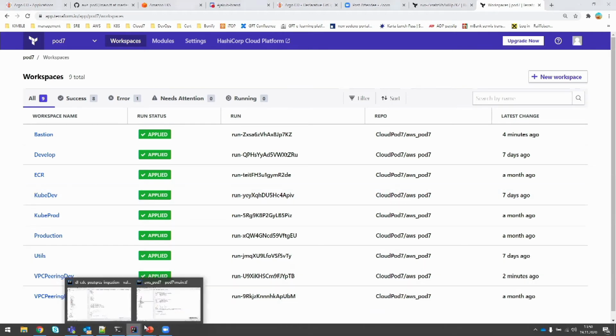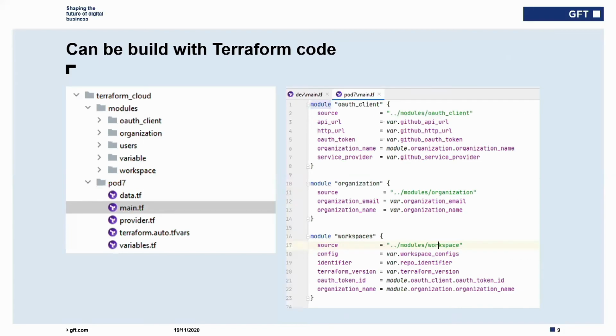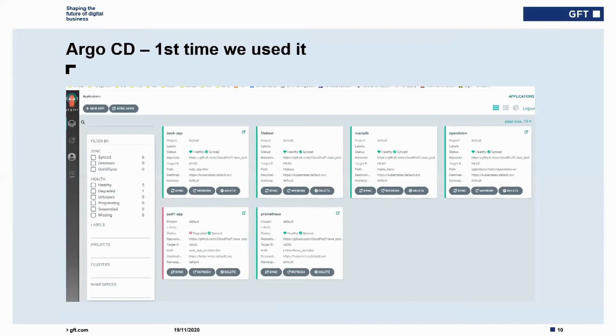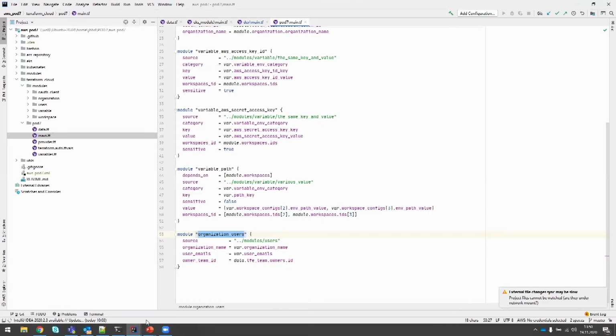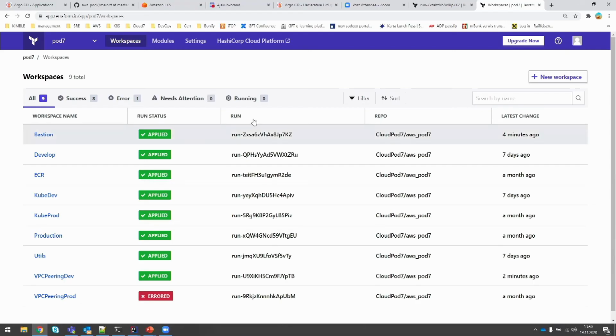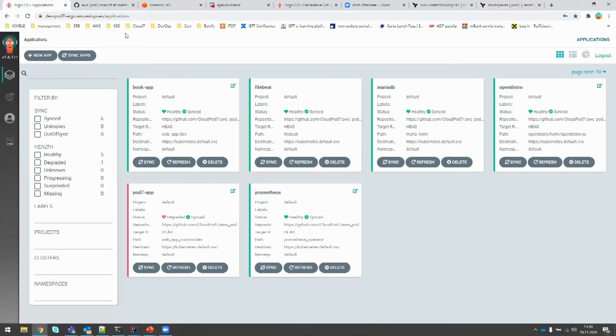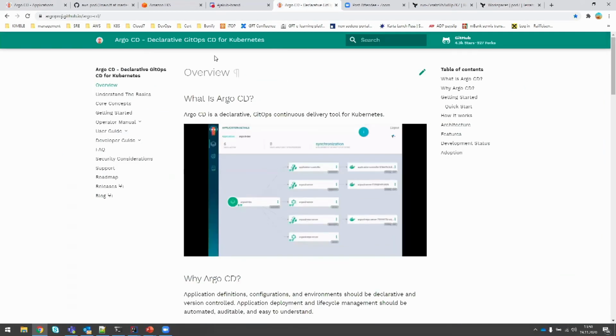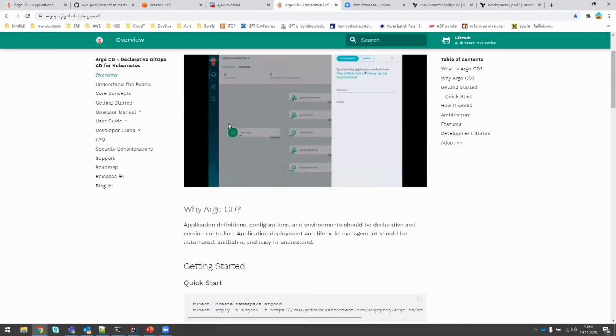Great stuff. Okay, so once we have the Terraform code and the infrastructure, we would like to use Kubernetes like everyone else, right? As an example, I will show you how our ArgoCD application looks. ArgoCD is something that you can easily deploy, and we've used it as it's an open source application which you can deploy on Kubernetes.